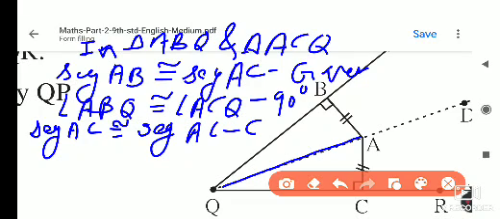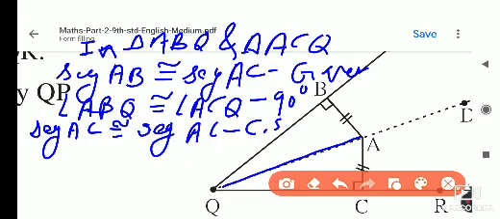Okay, that is the common side. Okay, now we have three. If two triangles are congruent, we have to show they are congruent to each other. We have to show any three of the three sides and three angles, any three sides or angles, whatever is there, you have to show it congruent, then the triangles are